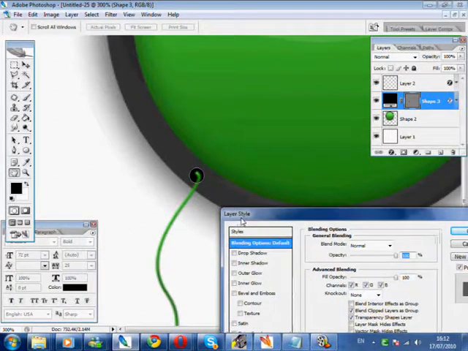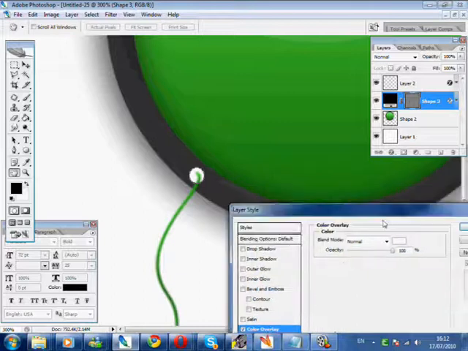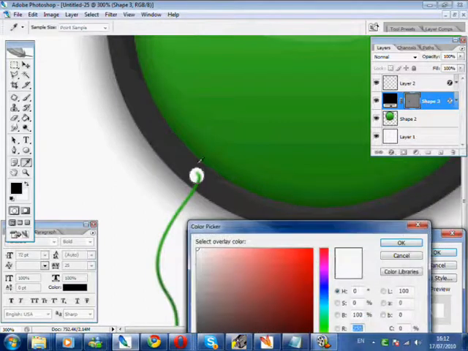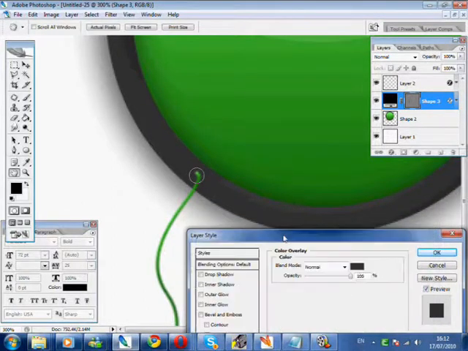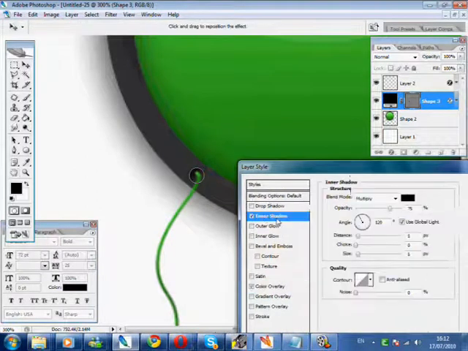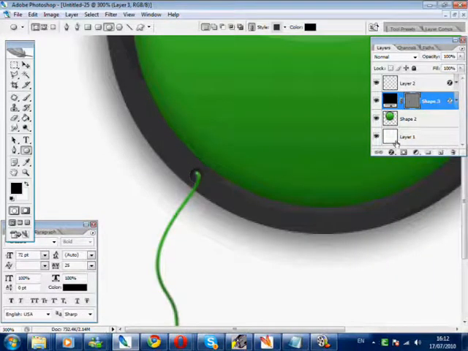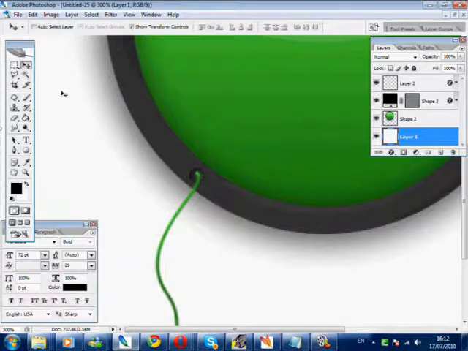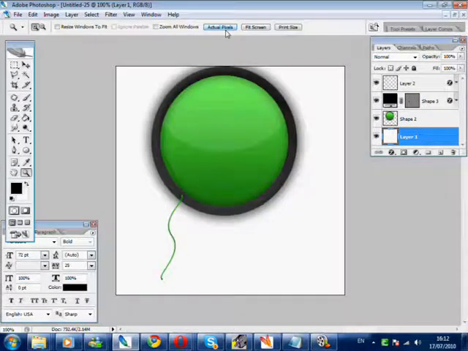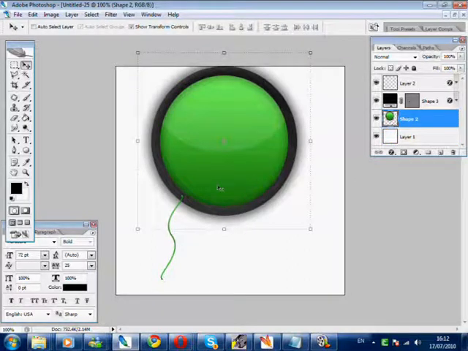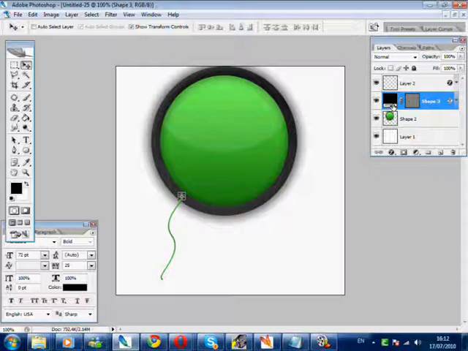Blending options. We want to give it a colour overlay of the same colour that it's got going on here in a border. Now we want to give it an inner shadow. The distance is going to be a 1, and that should about do it there. So if we look, it looks like it's now coming out of the inside of the orb. Now we can duplicate this layer here, move it to say there,